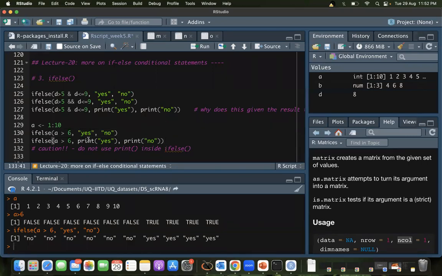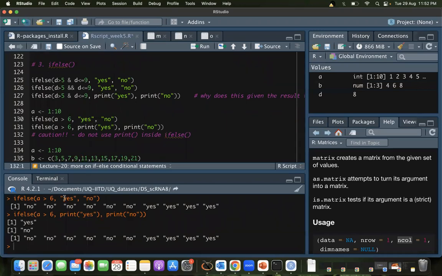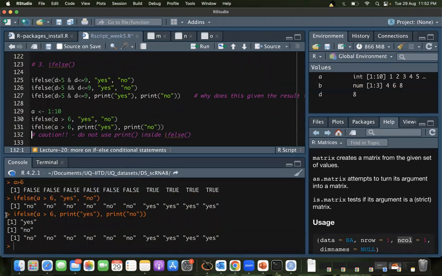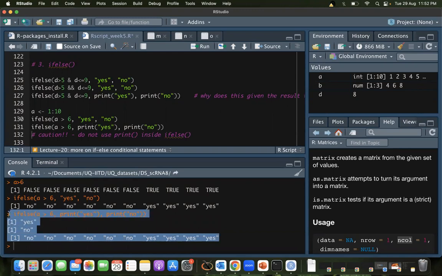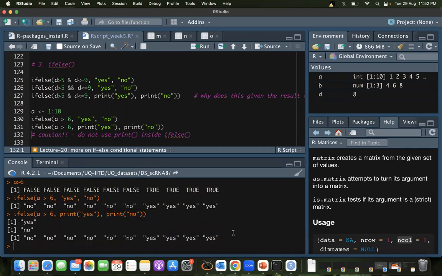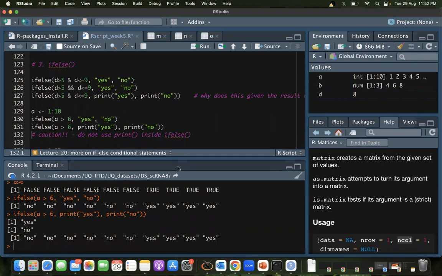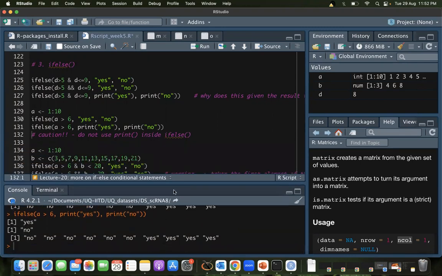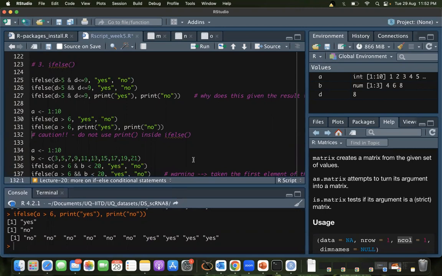Now I'll run this thing again, where I've explicitly said print. Now you see what is happening here. Can anybody tell me what you understand from this? These things here. Just this part. First it prints whatever we said, and then it does ifelse. Correct, right? So actually, just a slight modification.